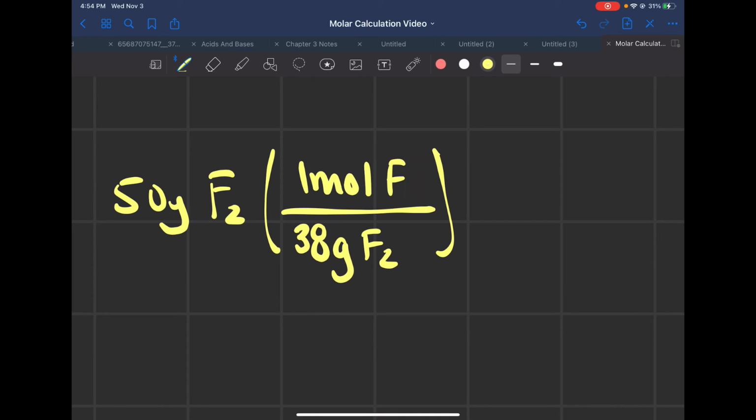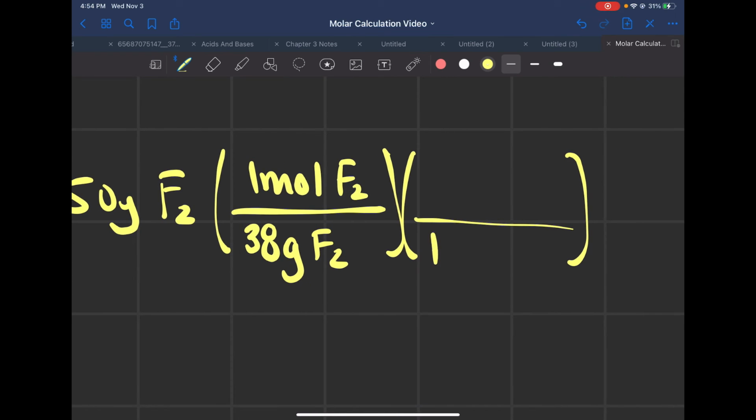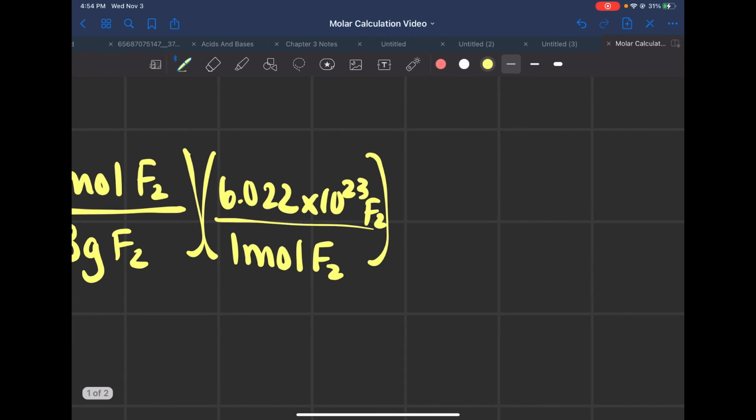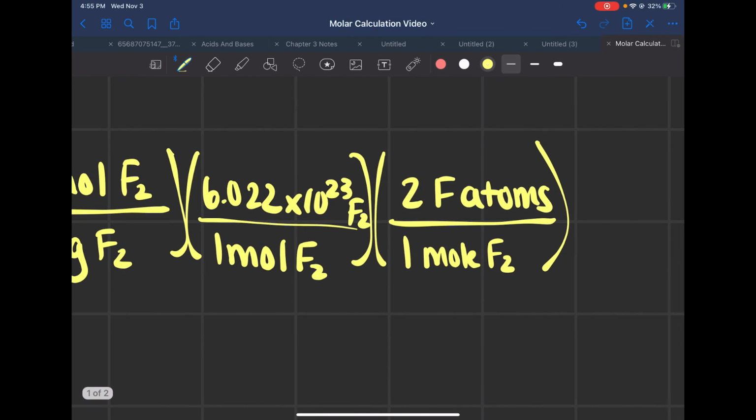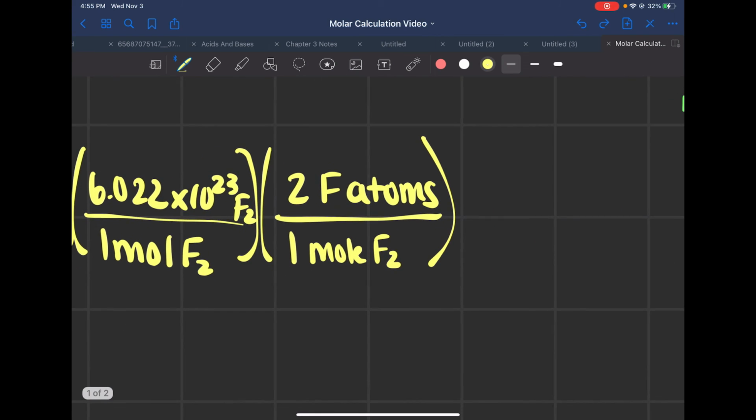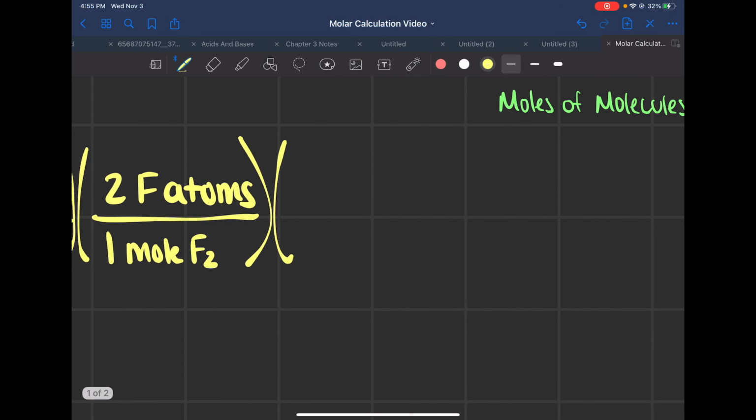And I'm going to do this all in one line because at this point, if you're doing this problem, you know what you're doing, right? We don't have to keep hitting enter. And then for every 1 mole of F2, we have 6.022 times 10 to the 23rd F2s. And then for every 1 molecule of F2, we have 2 fluorine atoms. I technically could have done this before here. I just want to highlight that, but it doesn't matter because we're just multiplying them all. So 2 fluorine atoms. And then for every 1 fluorine atom,